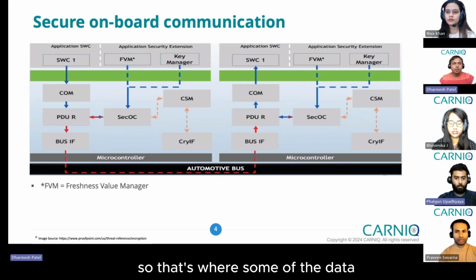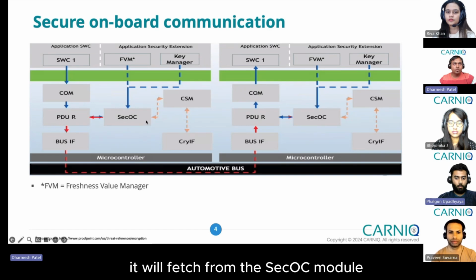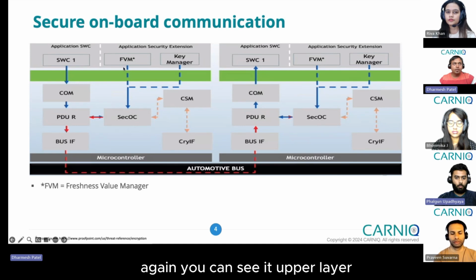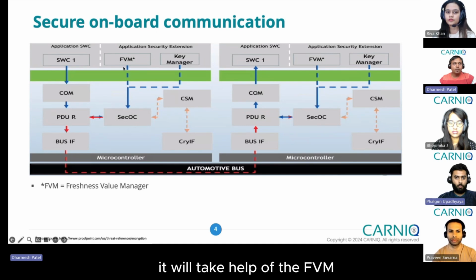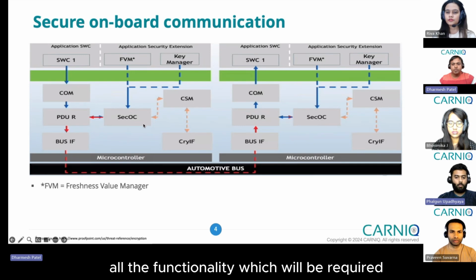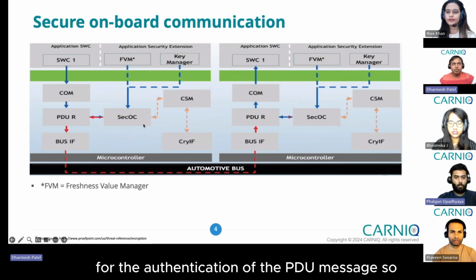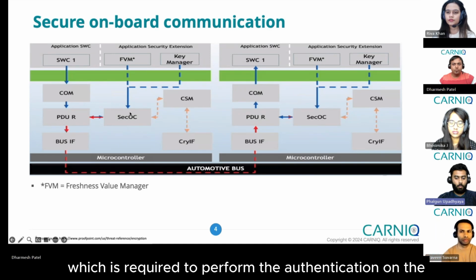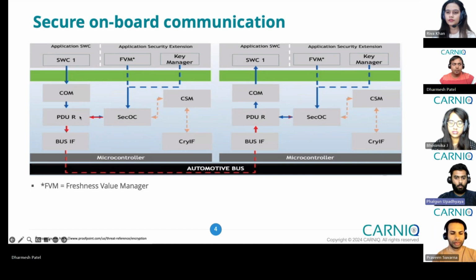So that's where some of the data it will fetch from the SecOC module. SecOC module, again you can see it upper layer. It will take help of the FVM and key manager to get some input, because SecOC alone is not capable of doing all the functionality which will be required for the authentication of the PDU message. So the freshness value, and there is something called key which is required to perform the authentication on the authenticate